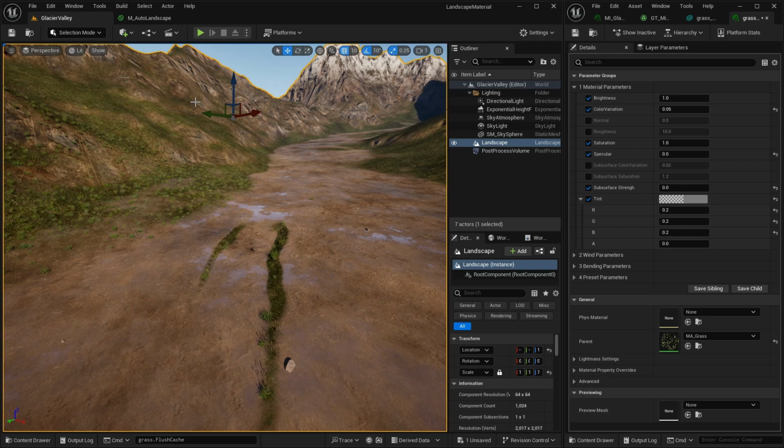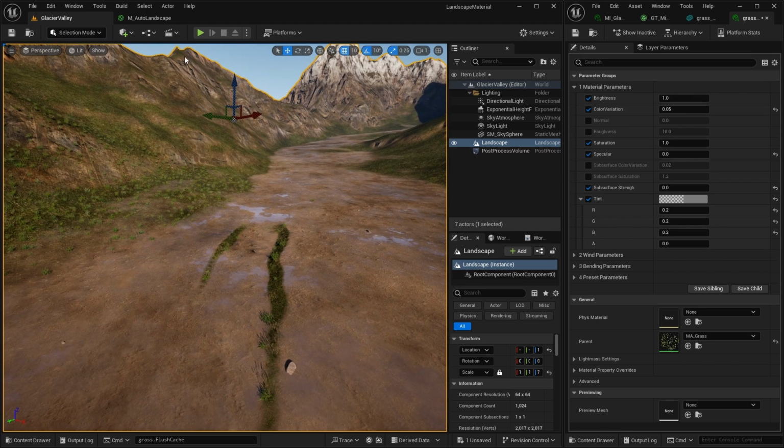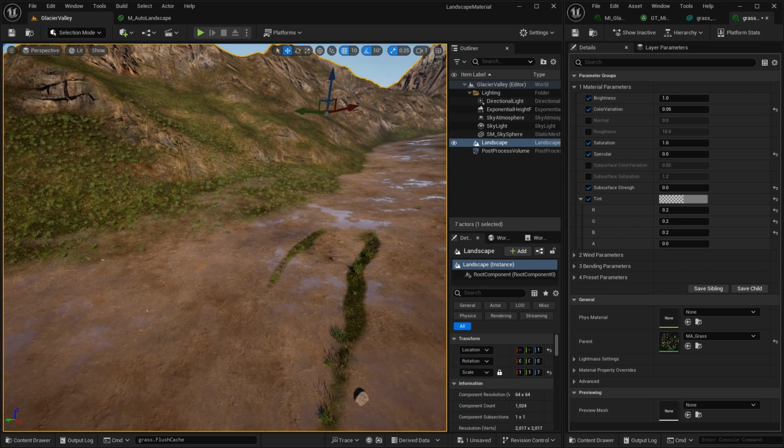You can go to the other layers. Maybe you want to add some stones or boulders on the mid-high layer. So play around with this. Now you know the techniques, and you can do that. Let's just talk about wind animation briefly.